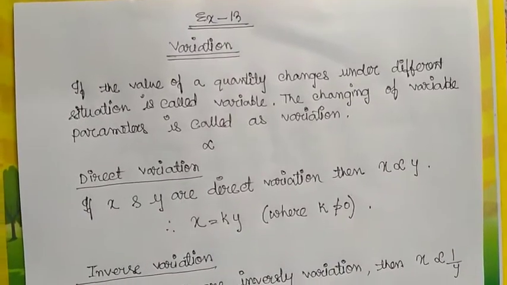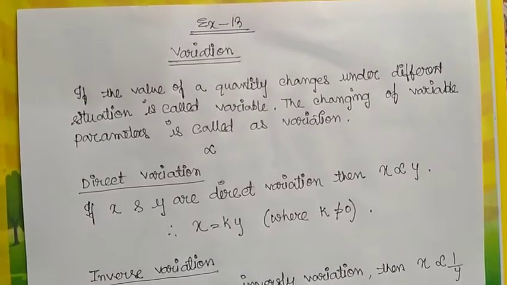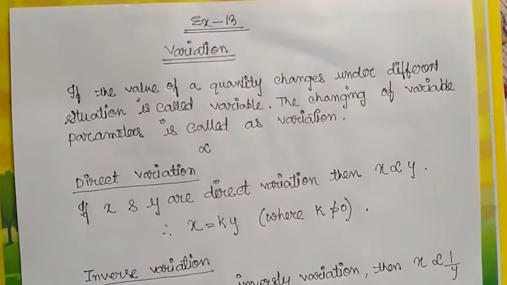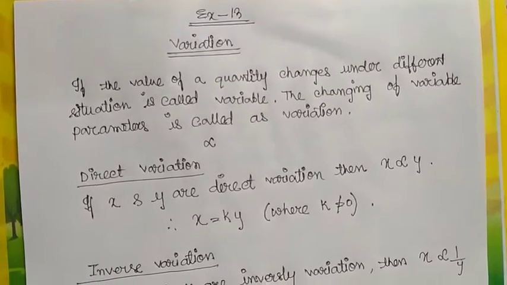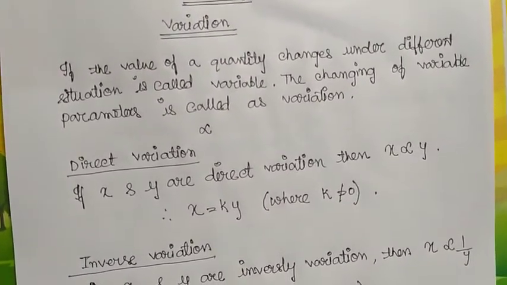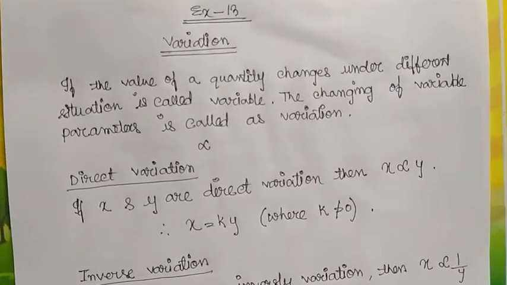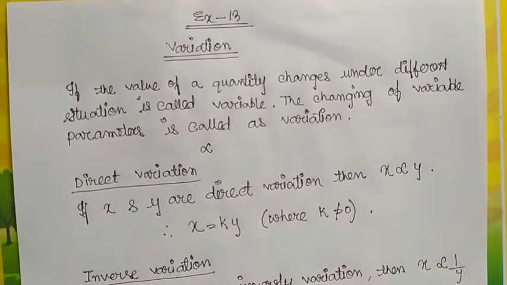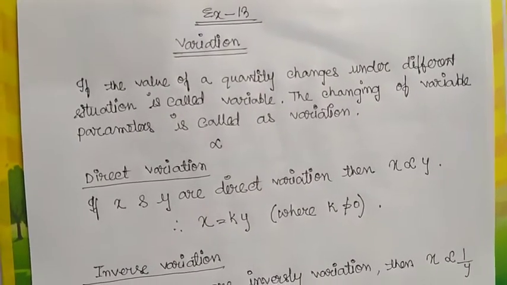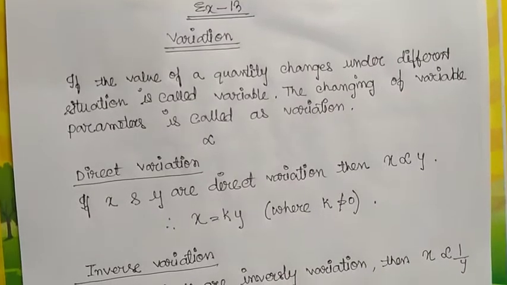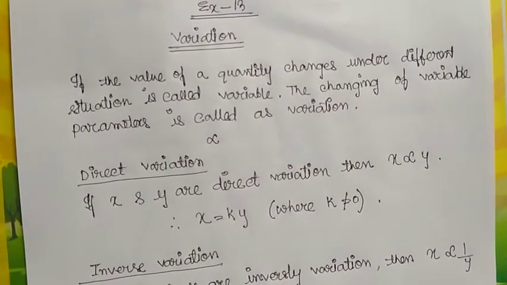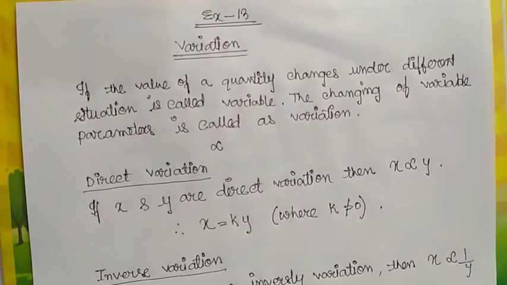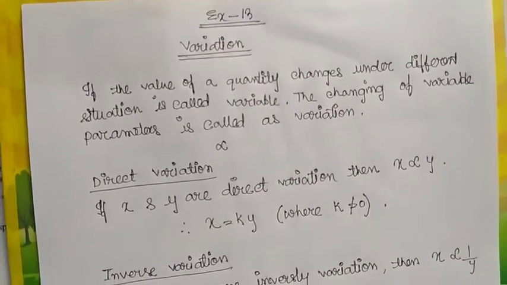Or inverse proportion. What is inverse proportion? Inverse proportion means if 10 people can do a work in 15 days, then 12 people will do it in fewer days. If the number of people increases, the days decrease, and this is vice versa. This chapter is quite similar to this type of thing.